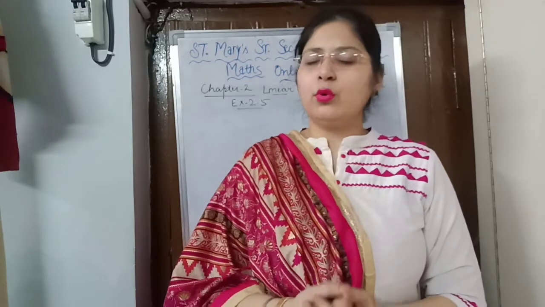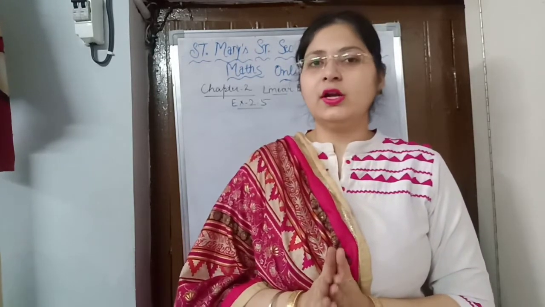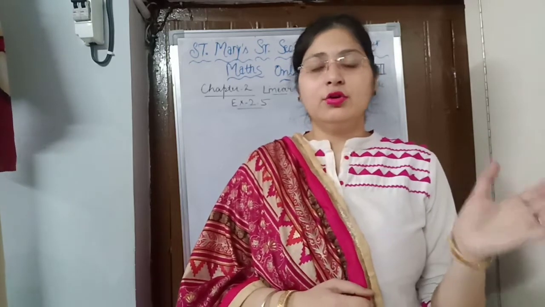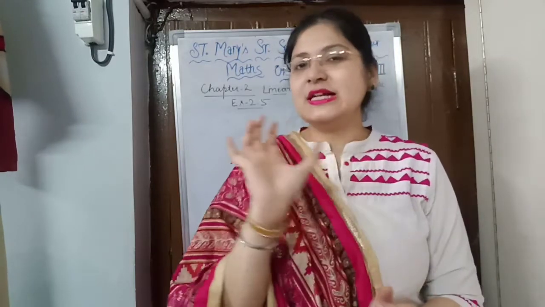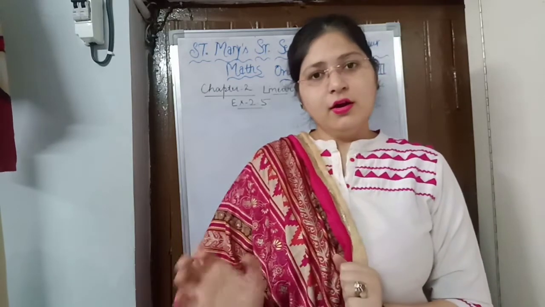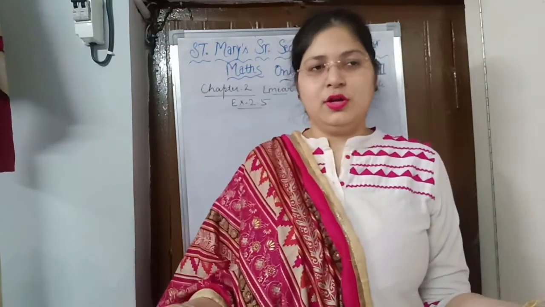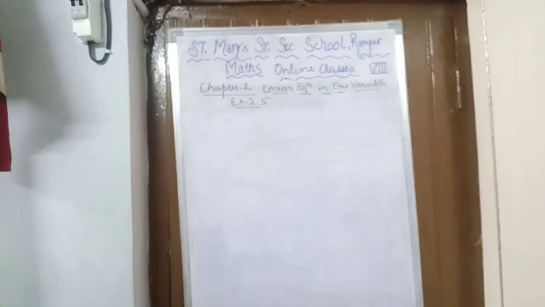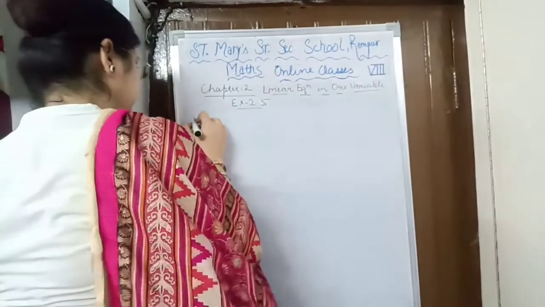Exercise 2.5, the questions of exercise 2.5 are very much easier, as you have already done the statement type of question in exercise 2.4. In 2.4 we made the equations after understanding the statement given in the question, and here the equation is already made and we have to just solve it, and it will be very easy. So see, the first part of exercise 2.5 is solve x upon 2